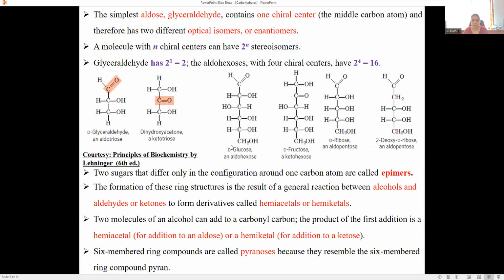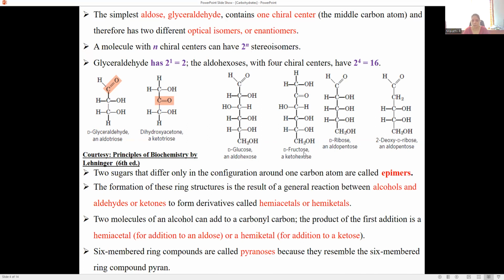So let us see in the case of the glucose molecule. You can see 1, 2, 3, 4, 5 OH groups. So polyhydroxy, and CHO is there, so it is an aldo sugar. You call it aldohexose. Since 1, 2, 3, 4, 5, 6 carbon atoms are there, you call it hexose. Since an aldehyde group is there, you call it aldohexose. So this is actually the structure of D-glucose. D-glucose is also called aldohexose.